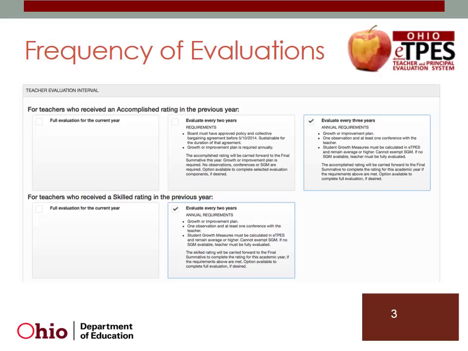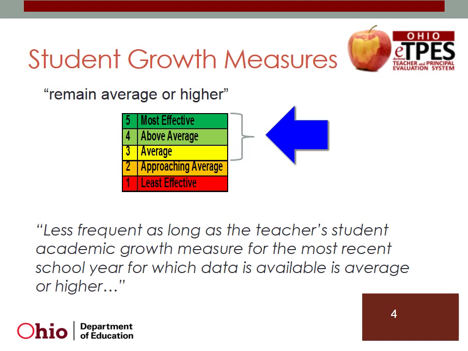The district will also be entering their decision regarding how frequently they will be evaluating teachers who've earned a skilled rating the previous year. The teacher who earned that skilled rating might be evaluated fully the current school year, or might be evaluated every 2 years. In order for a teacher to be evaluated less frequently, the teacher's student growth measure rating must remain